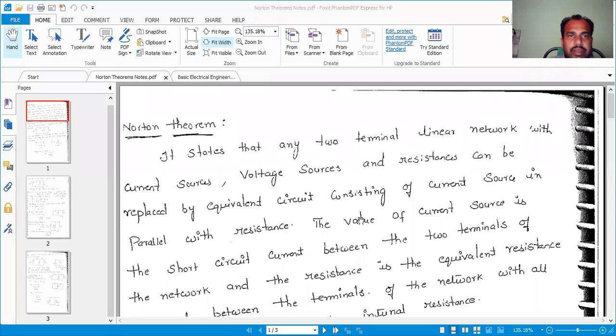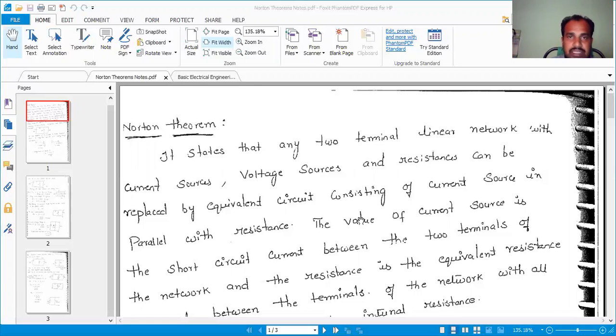Okay, good morning. So the next theorem is Norton's theorem. Norton's theorem states that any two-terminal linear network consisting of current sources, voltage sources and resistances can be replaced by an equivalent circuit consisting of a current source in parallel with a resistance. Okay, the previous video discussed Thevenin's theorem, where the total circuit can be replaced by a single voltage source in